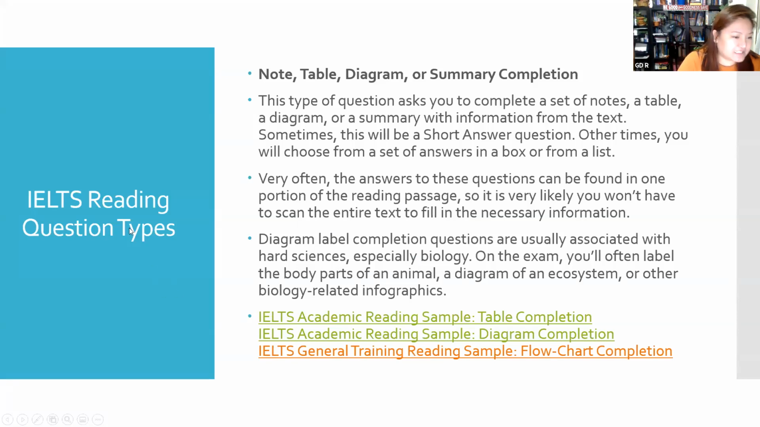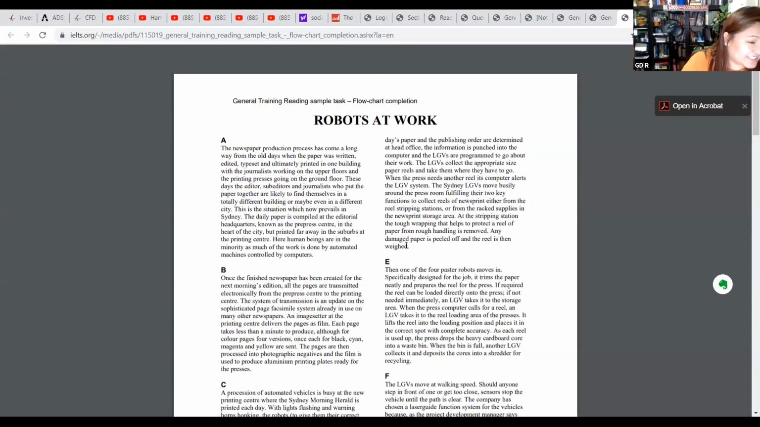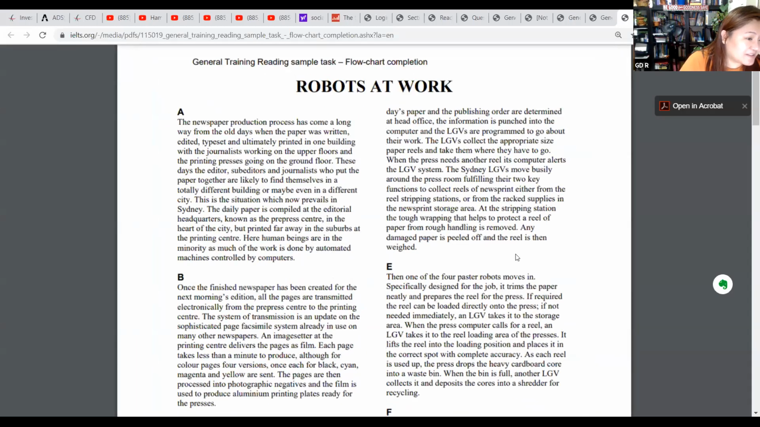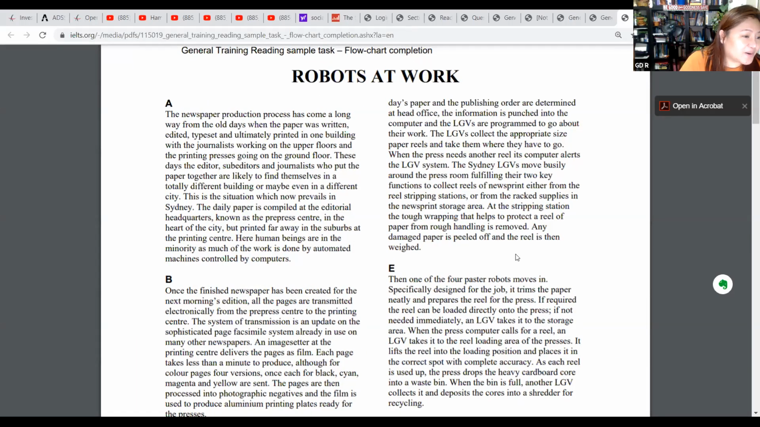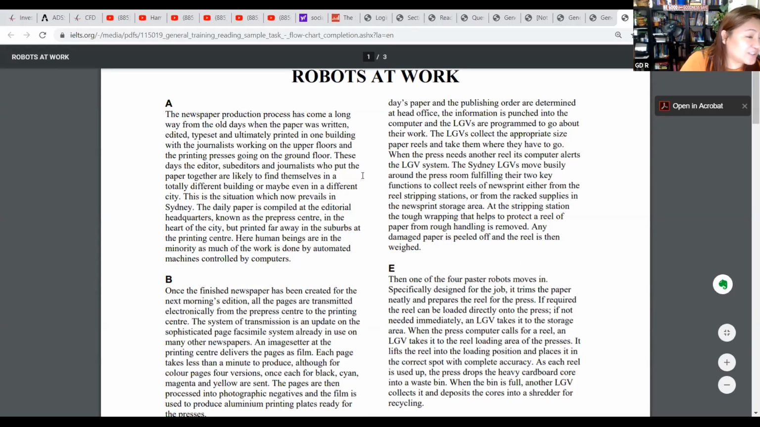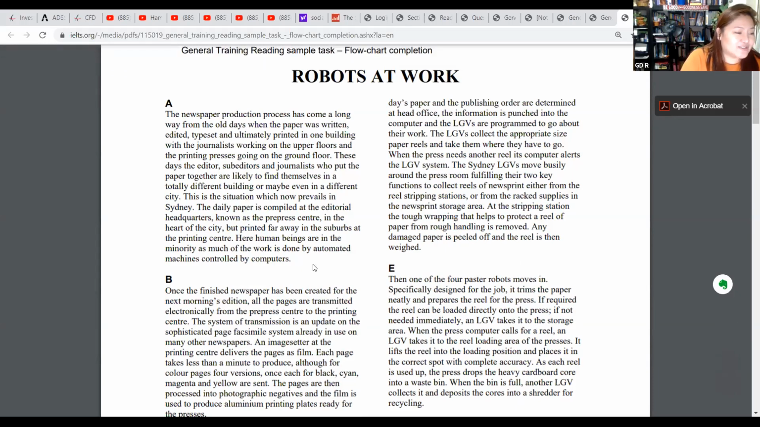Mga labeling lang naman to. Napansin nyo, itong example na pinapakita ko, it's the same article like previously na pinakita ko na naman. So, it's another Robots at Work. So, sa exams, makikita nyo, inuulit-ulit lang nila. So, same article, tapos iba-ibang question types. So, sometimes,